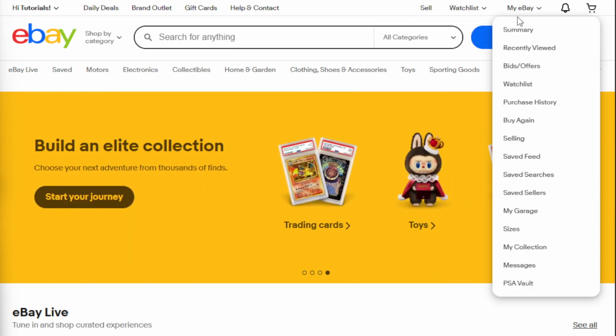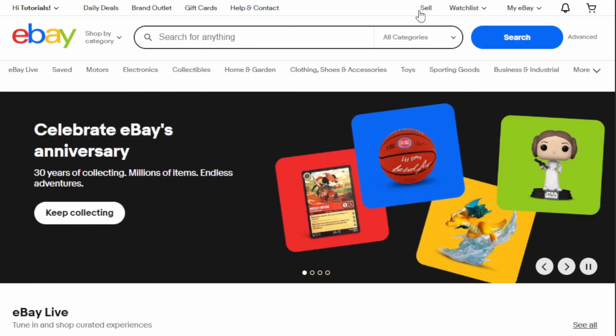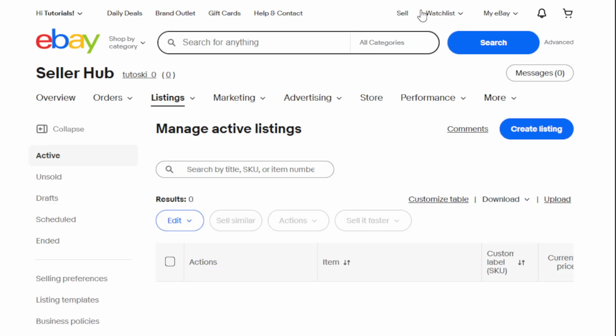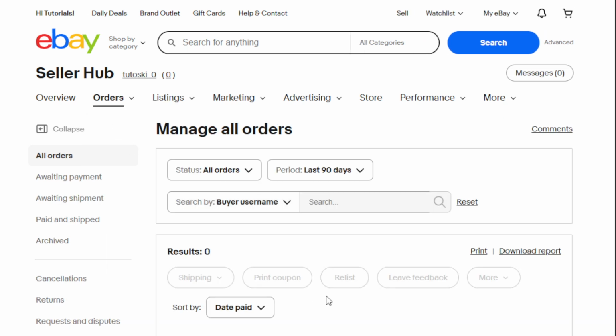Now, with your messages in front of you, look for the conversation or order related to the buyer you wish to report. It's best to carefully read through the message or review the transaction details to ensure that you have all the relevant information before moving forward. If the issue lies within a specific order, having the order number or details at your fingertips can be incredibly